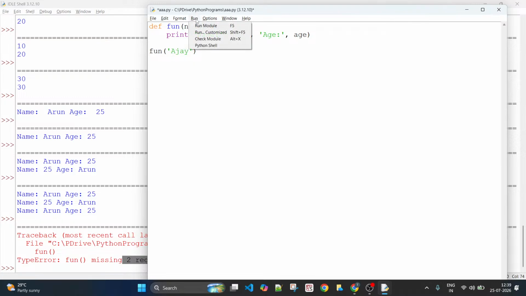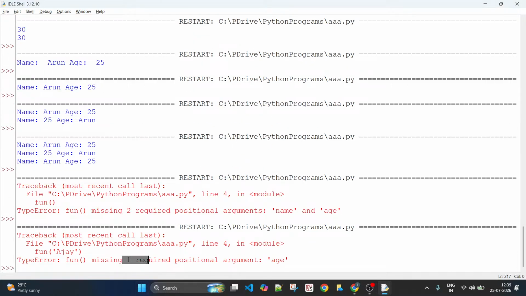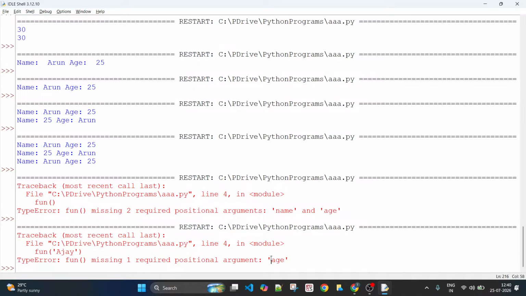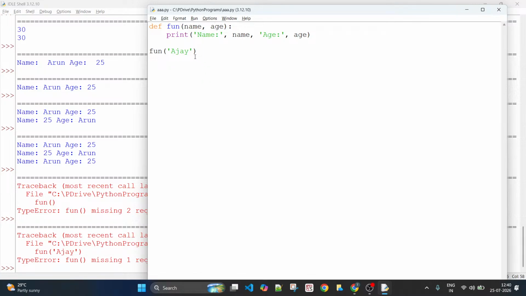I did not pass it. This is also an error, but this time it will say it is missing one. Earlier it was missing both. Now for one argument it knows what to use, but for the second argument it doesn't know what value to use. That's why it clearly says I don't know what to use for age. You did not pass age. That is why you are getting all those errors.